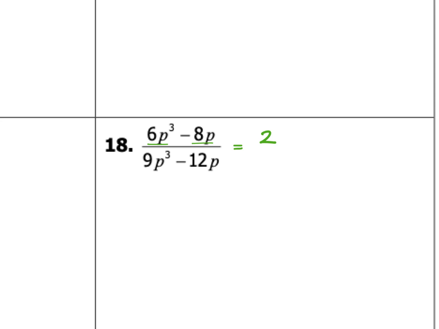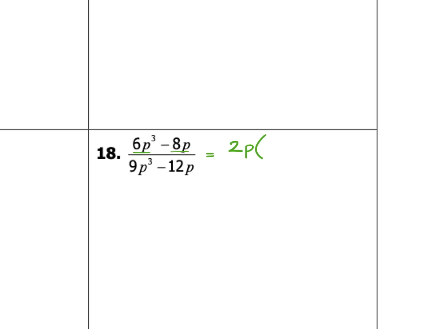And then p to the third and p are both divisible by p. So if I factor out a 2p, then I am left with p squared minus 4 up there. Okay, then on bottom, you can factor out a 3p. And when you do that, if you divide by 3p, you are left with 3p